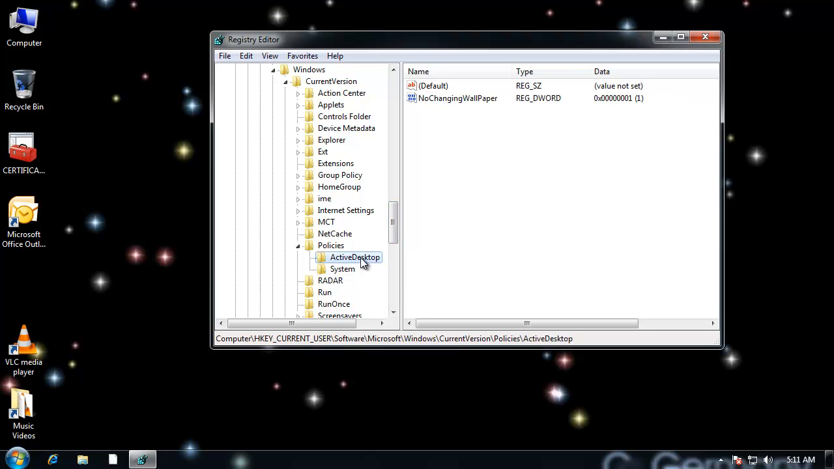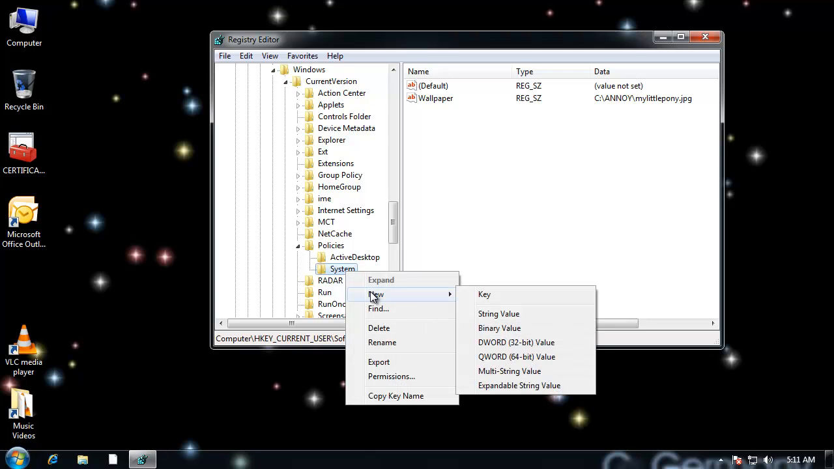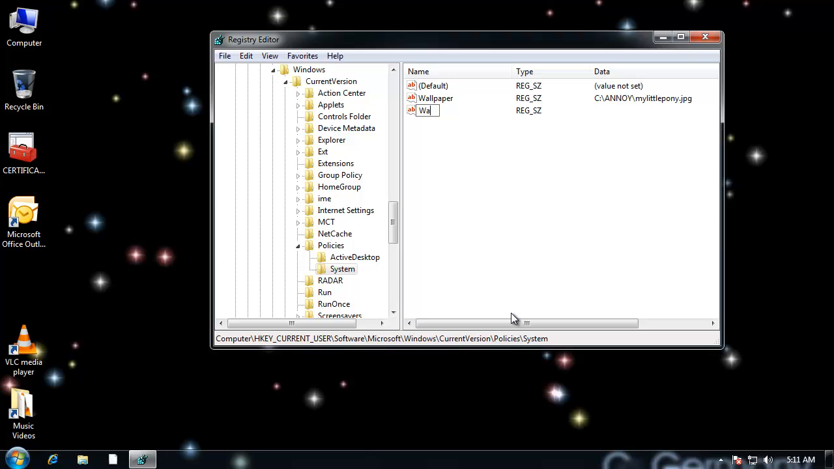Within those keys, we've added two values, no changing wallpaper, and set it to true. And we've added wallpaper, and we put in the path to the wallpaper file. Now the last thing to do is to set up wallpaper style. This is also in system, and I'm going to do another string value, a new string value, and I'm going to call it